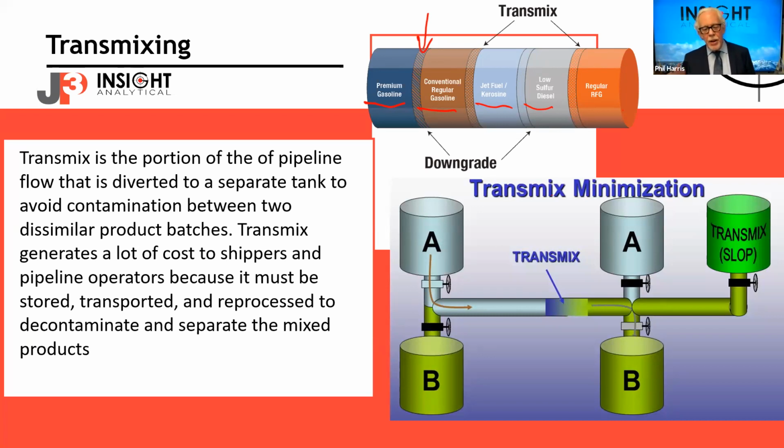So what we'll do in a pipeline like that is try to identify the period of time that this transmix is happening. And if it's product A, let's say it's flowing in from the pipeline, I put it into the product A tank. If it's product B, I put it into the product B tank. And if it's the transmix stuff, I put it into my slop tank. And that stuff I have to reprocess or I have to sell as a low value product